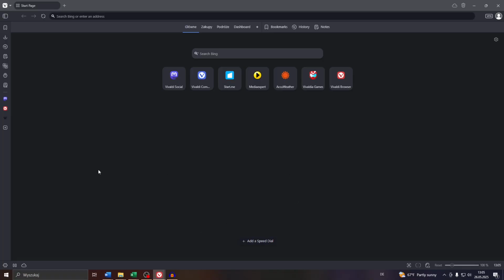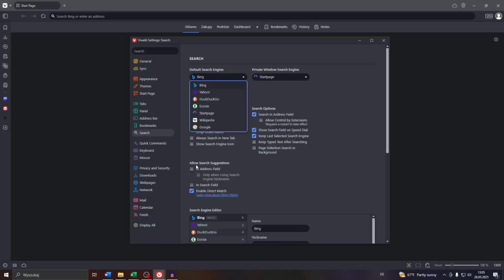All you will need to do, guys, is head over to Vivaldi, and as you can see, currently I'm using Bing as my default search engine. However, if you'd like to switch to Google, all you will need to do, guys, is access your browser settings here in Vivaldi. To do that, click on that gear icon in the bottom left corner, and from here simply